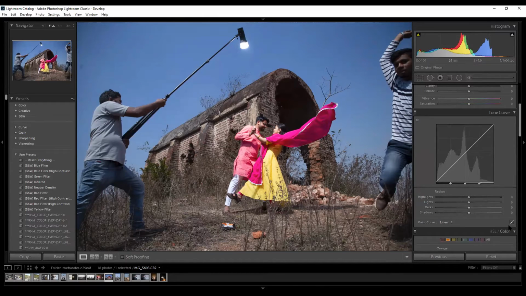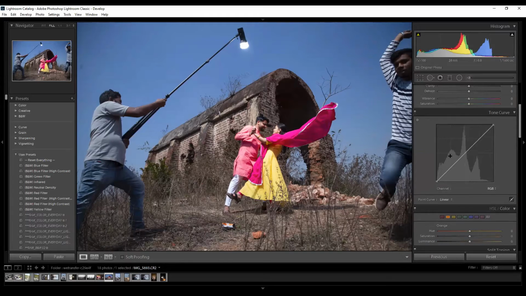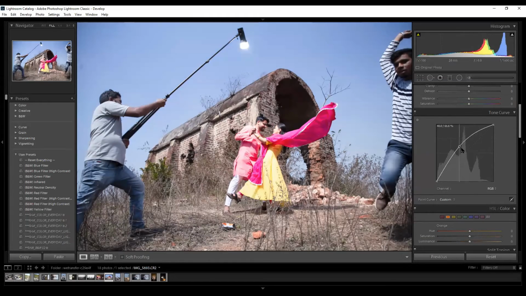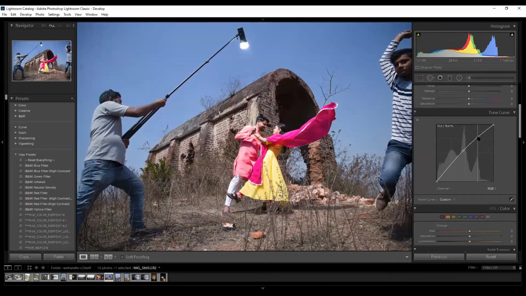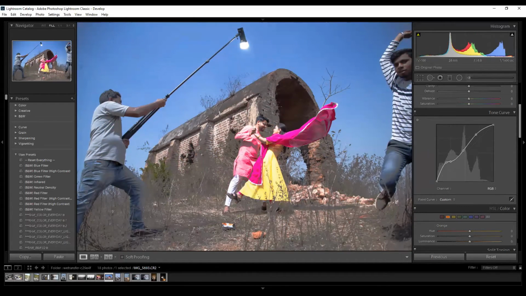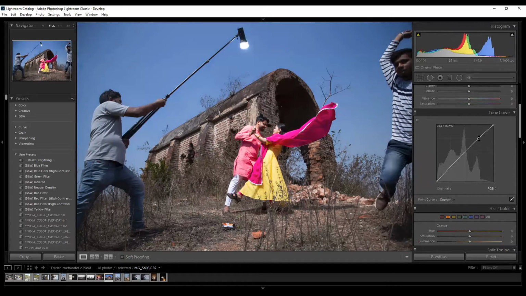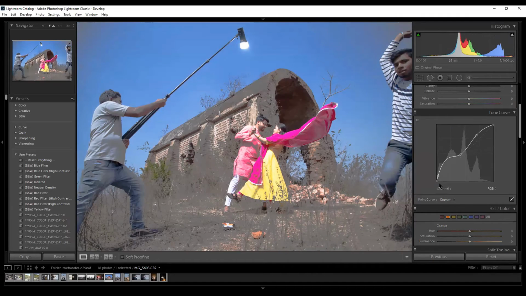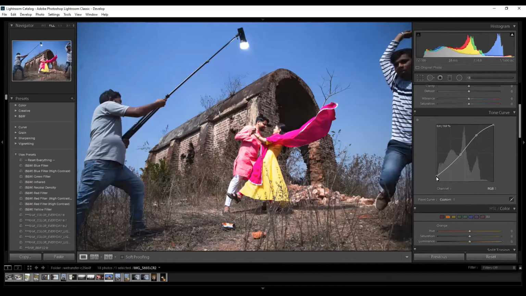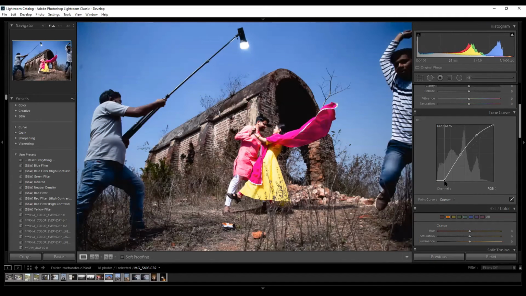Next, if you double click here, it will change to RGB. This is a basic luminance curve which will change the overall luminance, where you can select any given point and work on it, like a regular curve. So now we can go to the highlight, come down to the shadow, work more on the shadows. And this is the RGB curve.